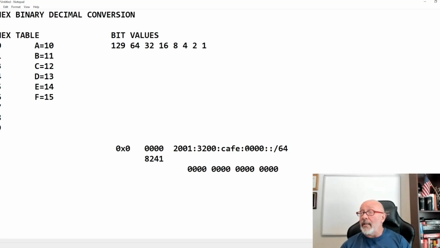That's how this section is 16 bits long, which gives you 65,536 subnets.